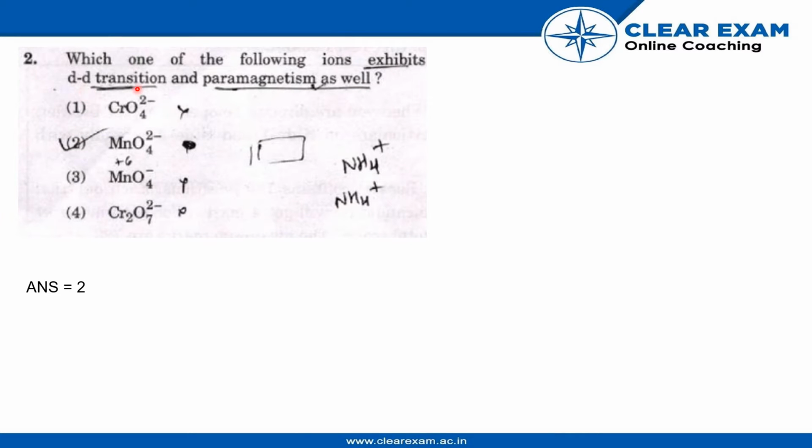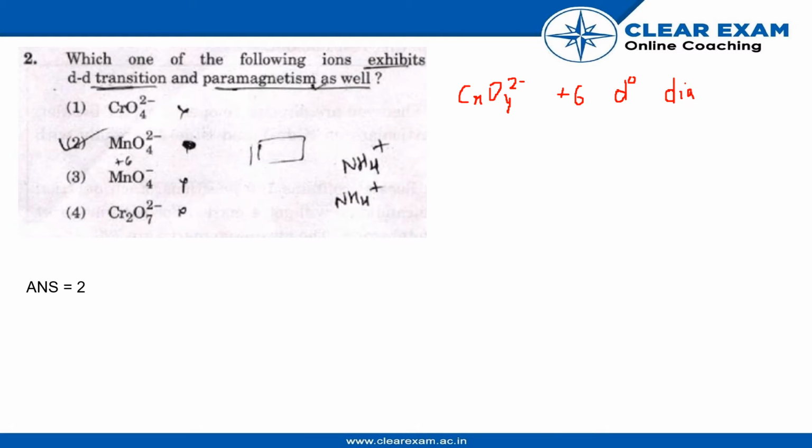So the question is, which one of the following ions exhibits d-d transition and paramagnetism as well? So the options are, first, CrO4 2 negative. It has an oxidation state of +6 and it has no unpaired electrons in the d orbital, so it is